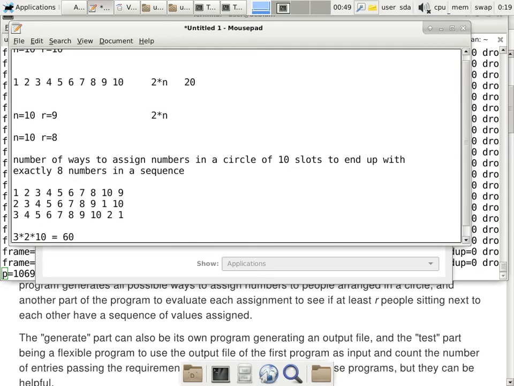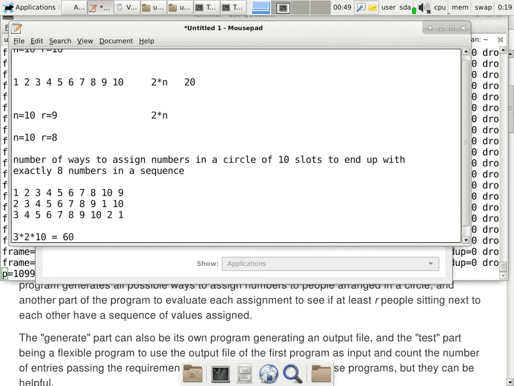So when the question is, what is the number of ways to assign numbers so that we have at least 8 numbers in sequence, it's not 60, it is 60 plus whatever we have with the other ones. So it'll be